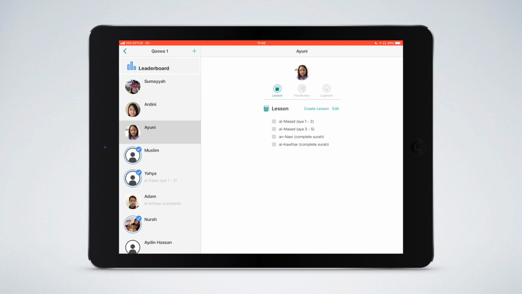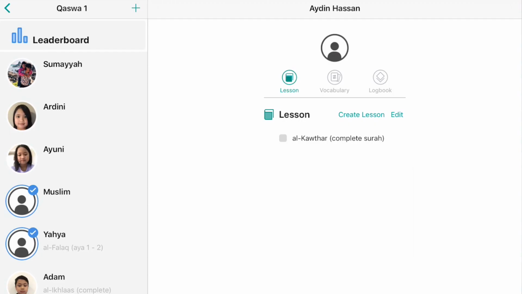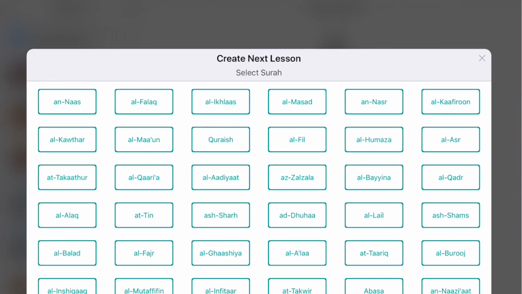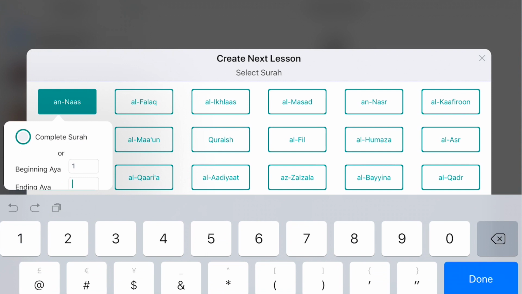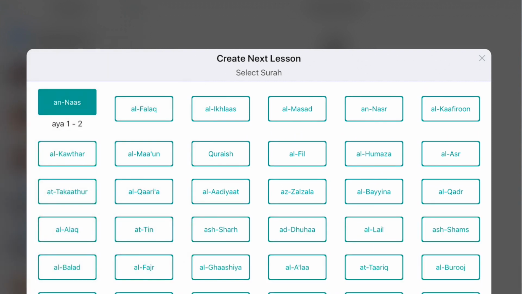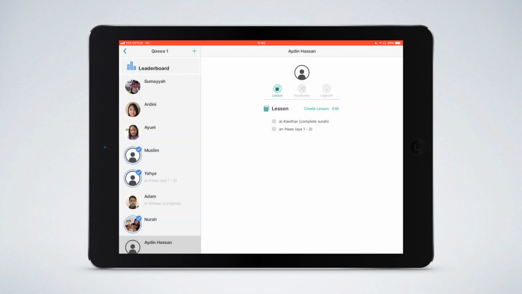You can also customize a lesson to a particular student. Tap on the student's name and under his profile, tap the Create Lesson button, select a surah and the ayah you want to assign. To delete a lesson, tap on the Edit button followed by the red button on the lessons that you want to delete. One of the most important components in memorizing the Quran is tasmir, where your students come to you